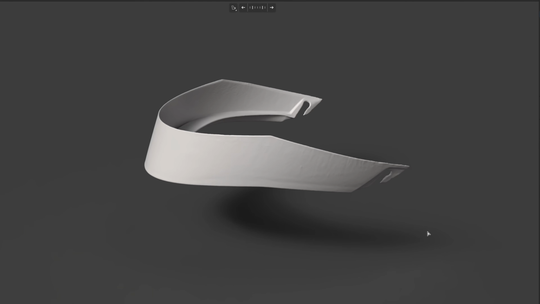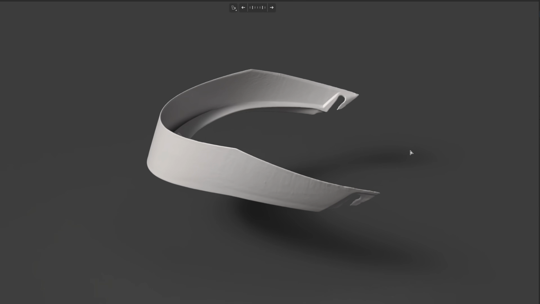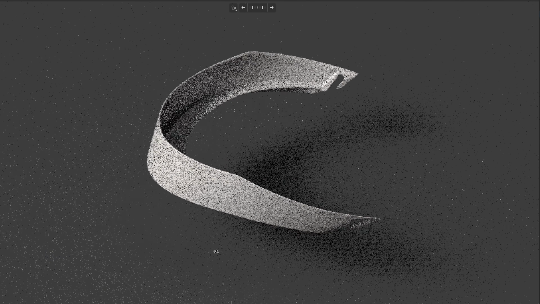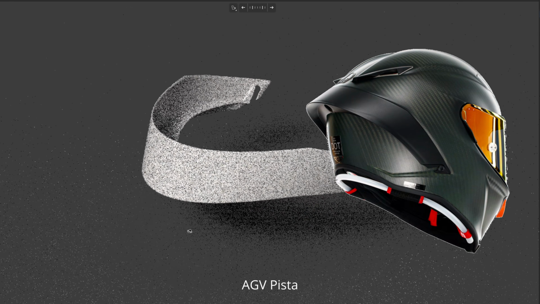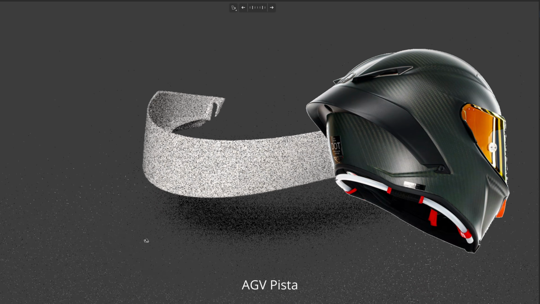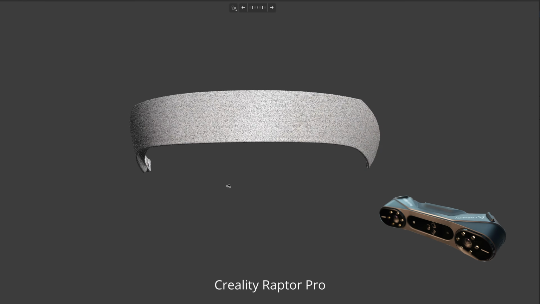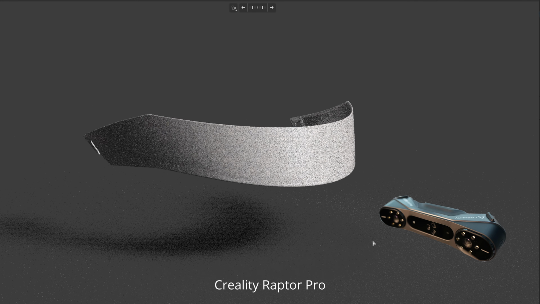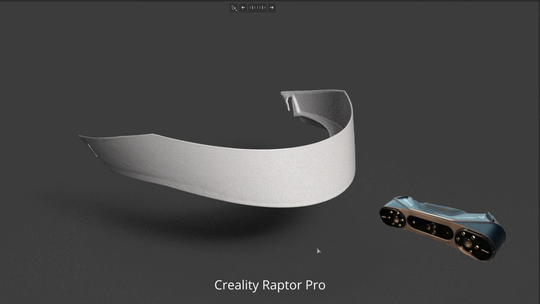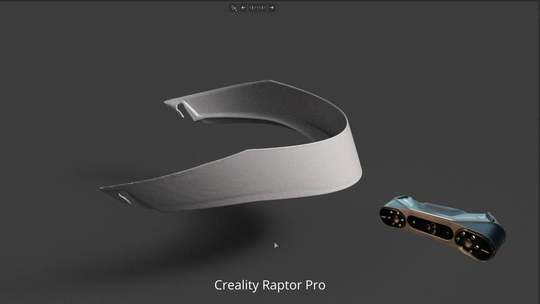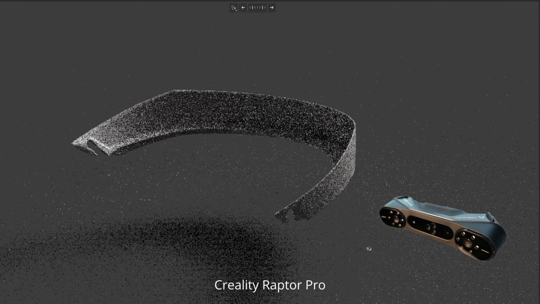Hey guys, today I have got an interesting 3D scan from a viewer. It's the spoiler from an AGV Pista performance helmet. The spoiler was scanned with the Creality Raptor Pro, and the challenge for him isn't the 3D scanning, it's the